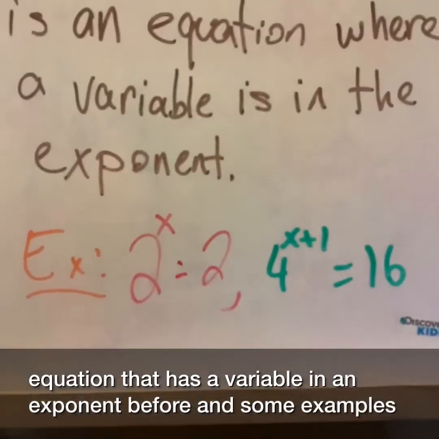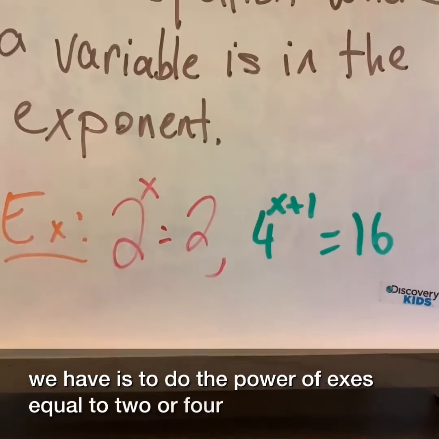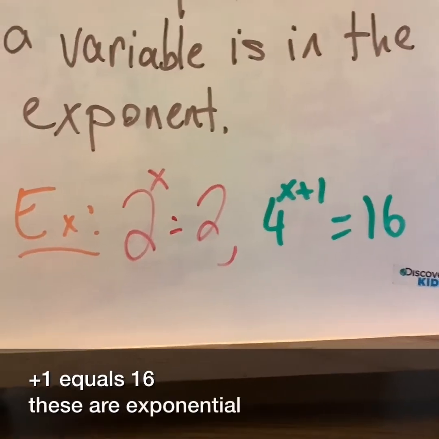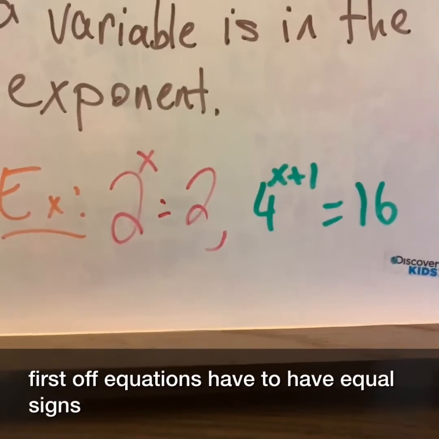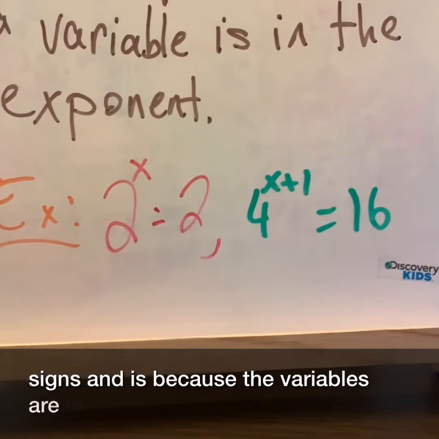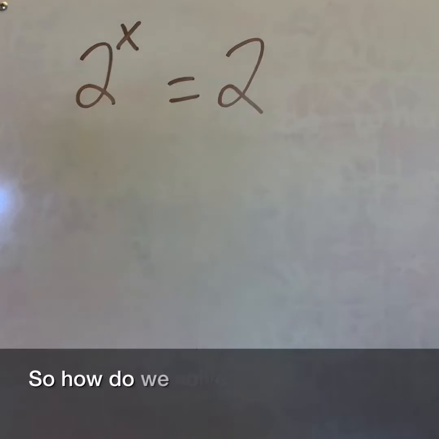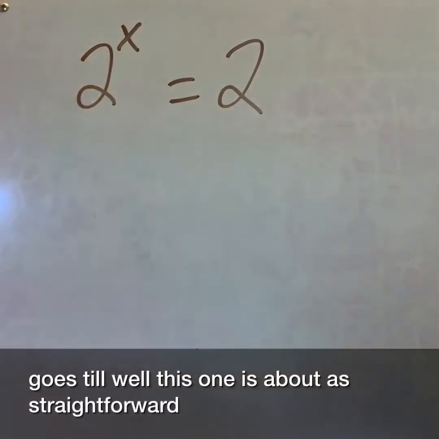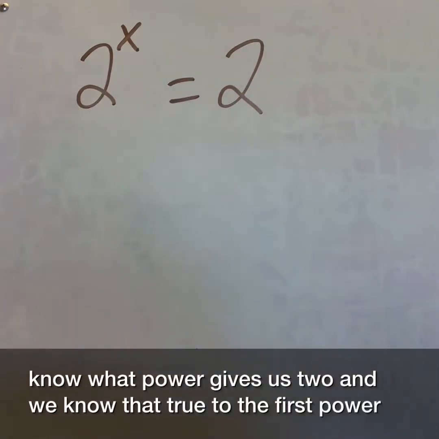And some examples we have are 2 to the power of x is equal to 2, or 4 to the power of x plus 1 equals 16. These are exponential equations. First off, equations have to have equal signs, and it's because the variables are in the exponents. So how do we solve 2 to the x equals 2? Well, this one is about as straightforward as we can get. 2 to what power gives us 2? And we know that 2 to the first power